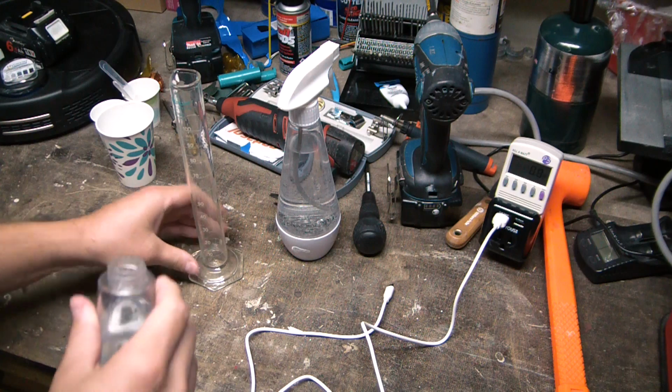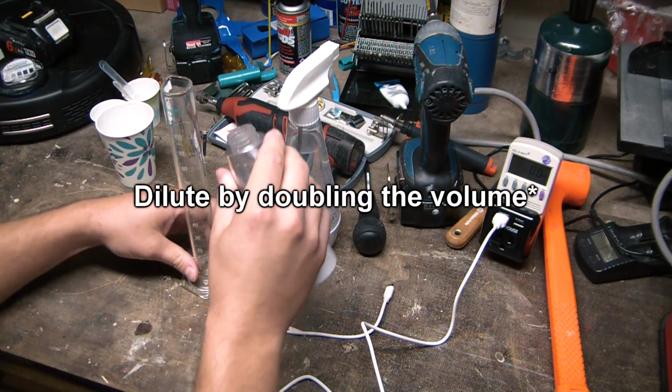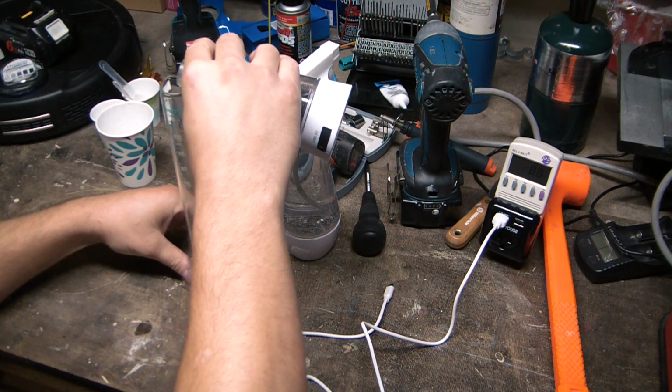We'll fill it to 10 and dilute it an additional 10 at a time so we can hopefully get our concentration. This is the only graduated cylinder I have handy at the moment, so